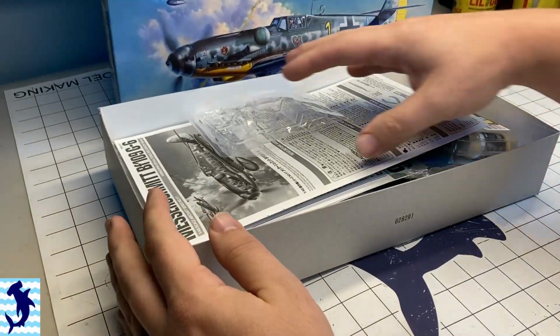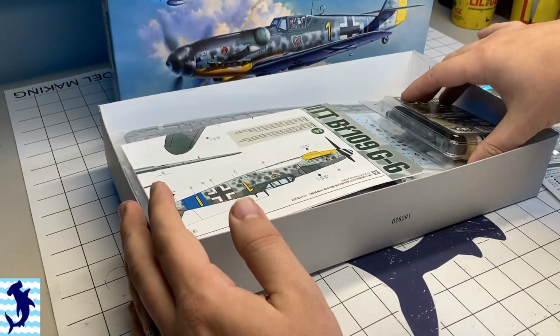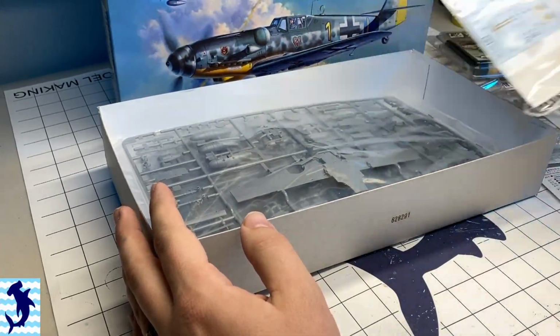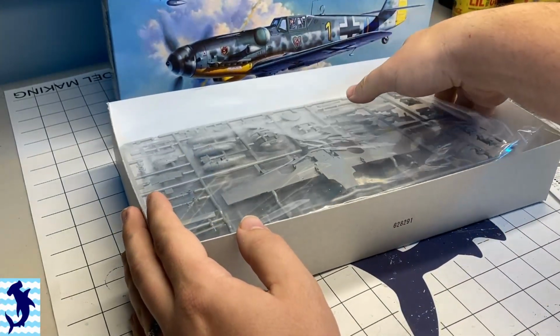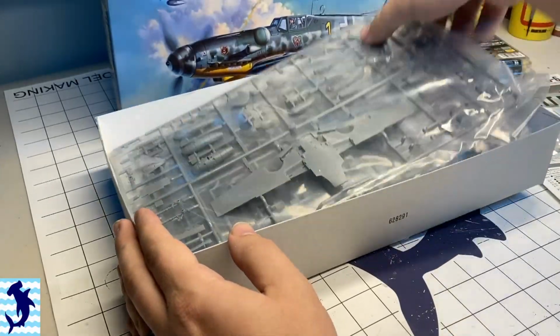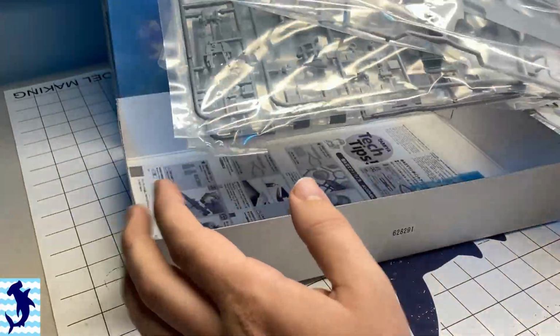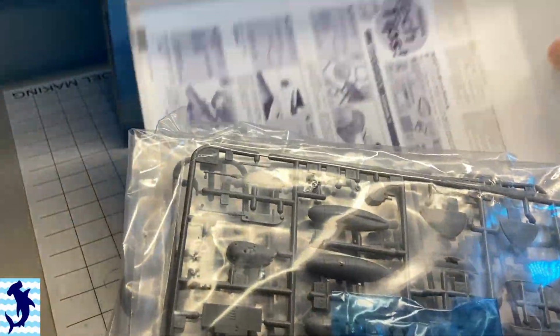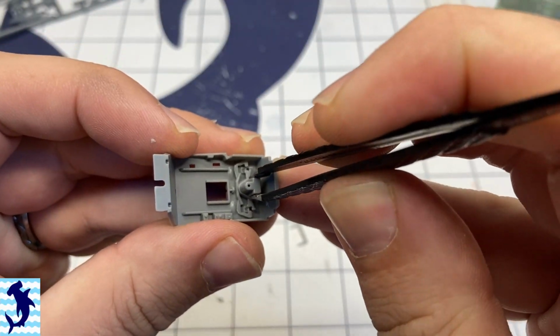Today I will be tackling Tamiya's BF109G-6. There have been plenty of videos already made about this kit and its pretty much amazing and flawless design, so I'm not going to spend too much time going over all the finer points of this build. I'm hoping to try out something new and go with a slightly shorter video format for this build and see